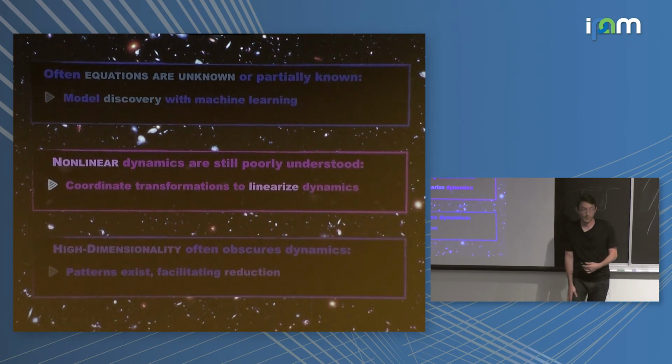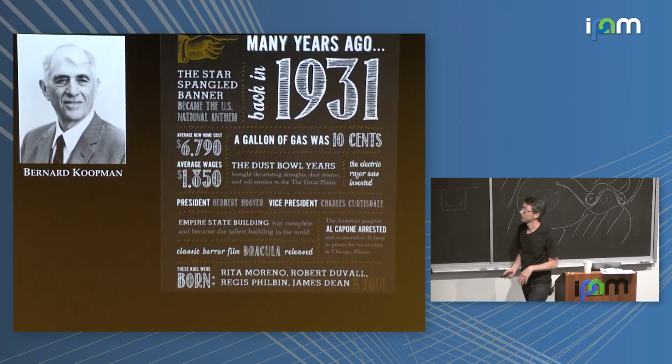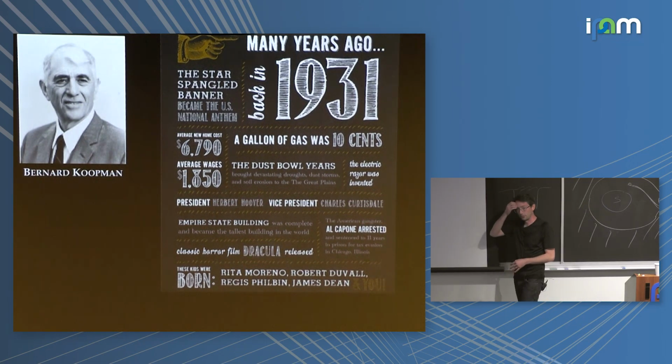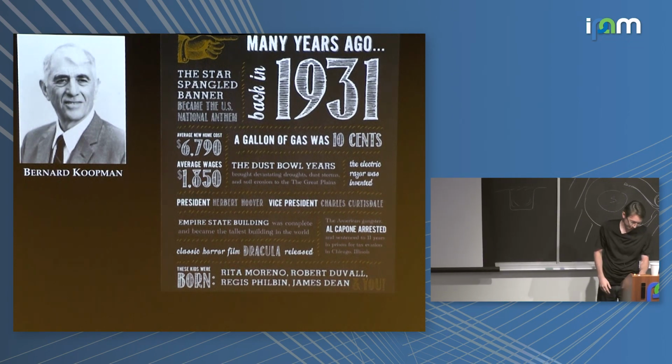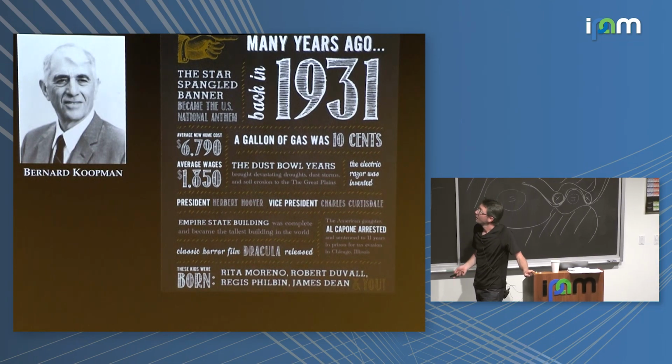way. Okay? And it's interesting, the theory of these coordinate transformations to linearize dynamics actually goes way back to Bernard Koopman in 1931. So there's all kinds of interesting history I could tell you about Koopman, intrigue. It's not attributed to Koopman in the 29 paper of von Neumann. I think von Neumann's paper was in 31 or 32. It was in January of 32, and Birkhoff's was in December of 31. He scooped him by 1 month. Very interesting history. I encourage you to read about it.